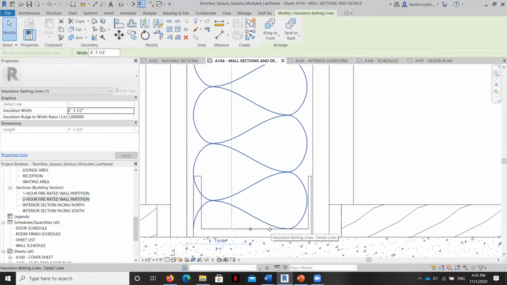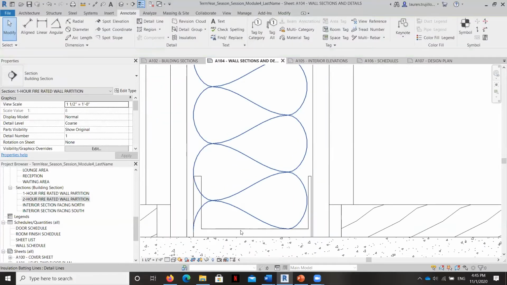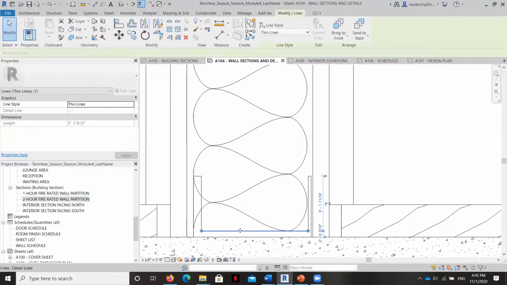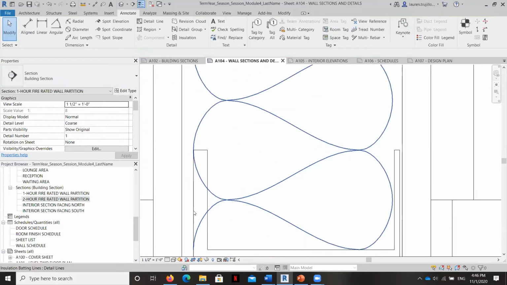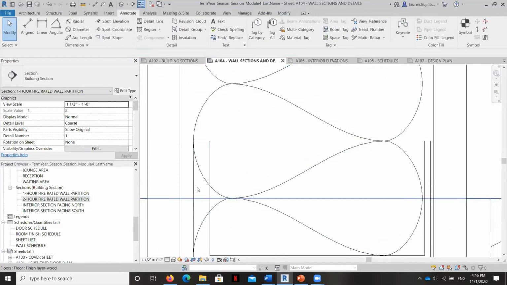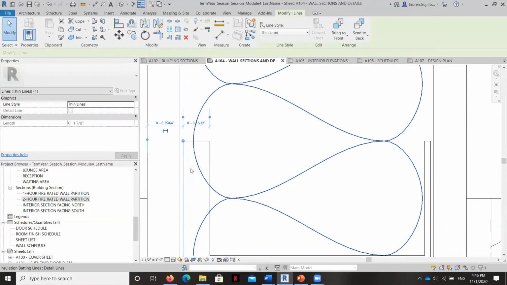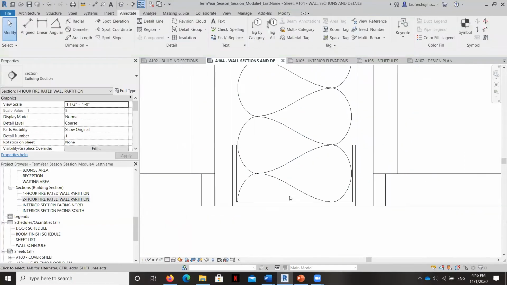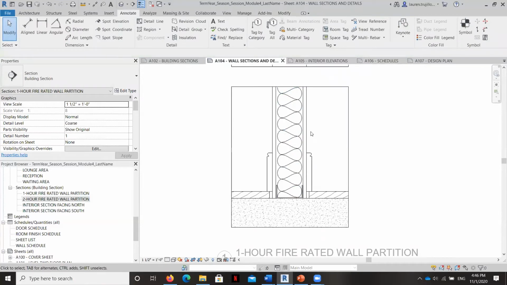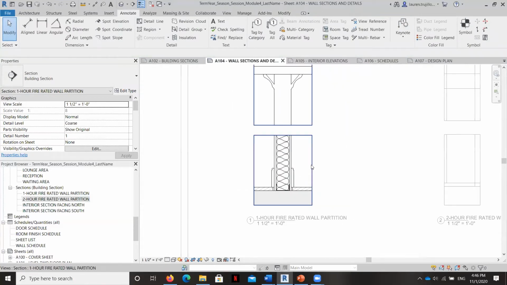You'll barely be able to see this on a printout, but the line ought to be nice and thick, because these two thin lines will be so close that they'll overlap each other. So it should provide a nice thick line. You can adjust the thickness of your insulation, but I don't want to overwrite the thickness too much. Okay, so there is your section view.